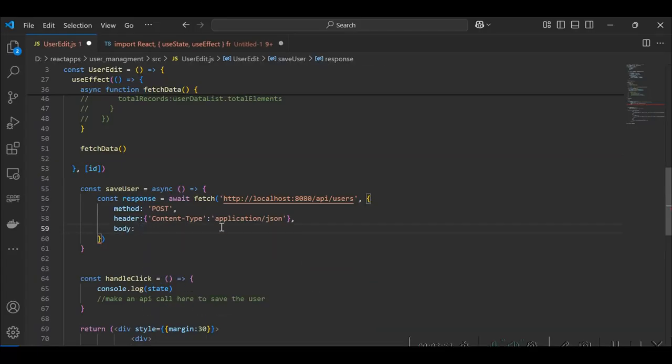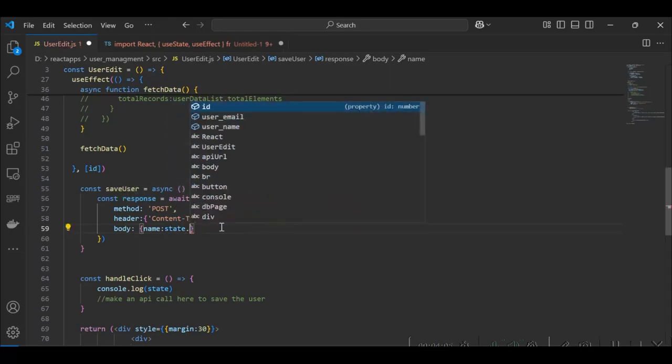So we will pass the JSON body. We are passing name. Our name is stored in state, so from the state, we will get the name